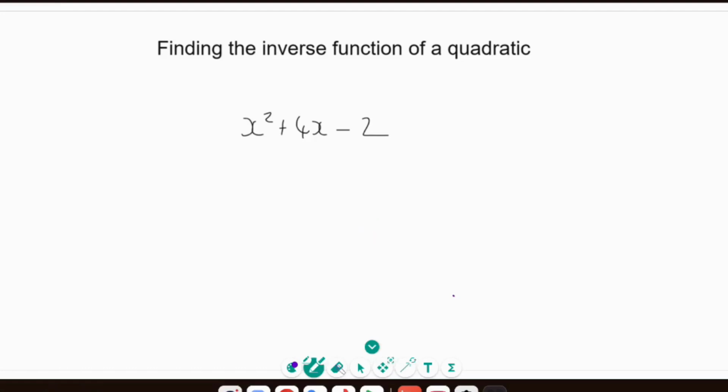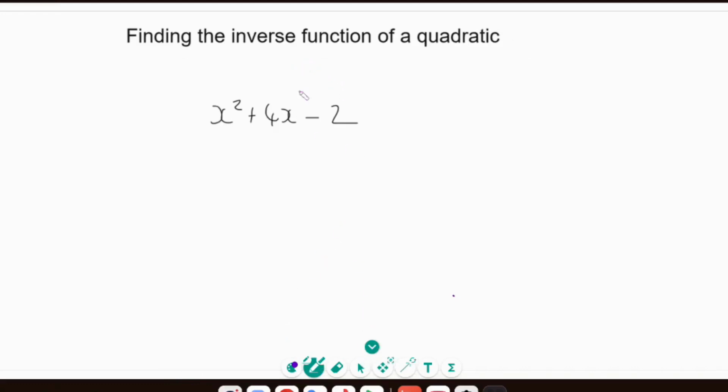So there's something else you've got to be aware of here. This is higher level again, finding the inverse of a quadratic function. I would suggest you watch a recording on completing the square if you can't fully remember that topic, because you will need that skill for these questions. So when you find yourself in the position of having a quadratic function,